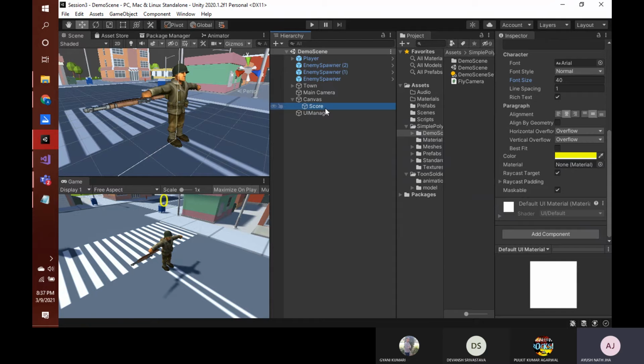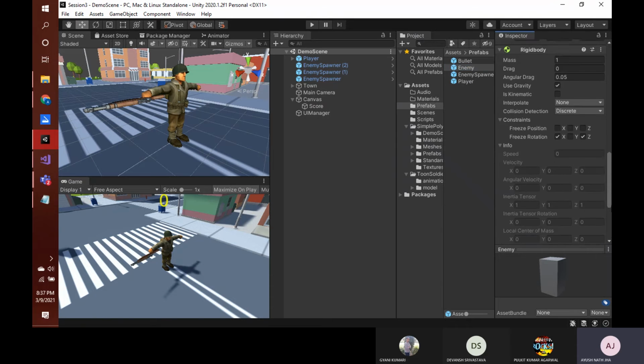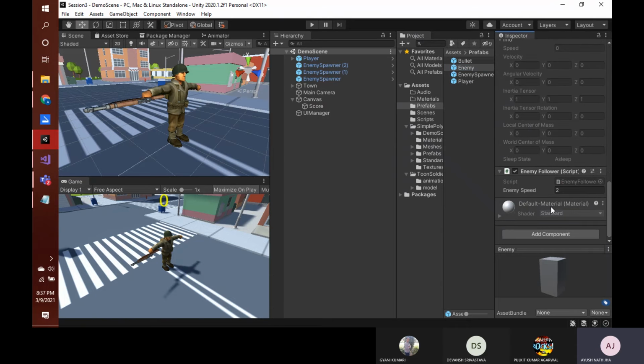So now we have this complete here. And as you can see in the sample scene, we have our enemy colored red. If you want to add a material here for some color, you can create a new material by going to this material folder which we created initially.